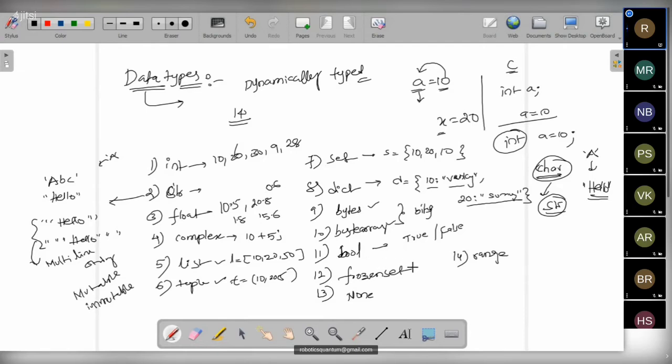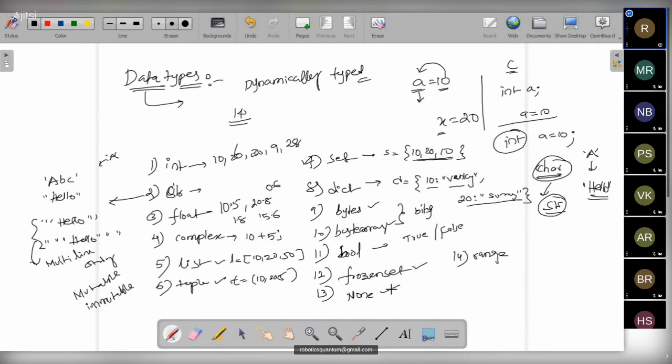Come to the frozen set. Frozen set is an alternative to the set. In general, set is like once we create it, duplicates are not allowed. When we make that a frozen set, we cannot modify the values. The indexing is preserved. That means indexing is not preserved in the set data type. Indexing is nothing but order, which may change every time. When we have 10 in the first place and 20 in the second place, next time maybe 20 in the first place and 10 in the second place. When you make it a frozen set, the position of the values will be fixed in the frozen set.